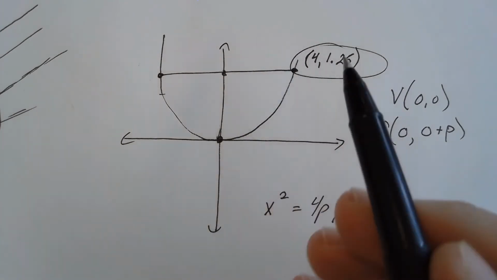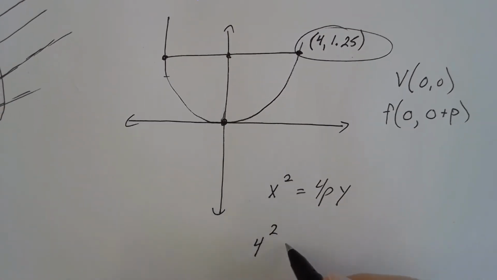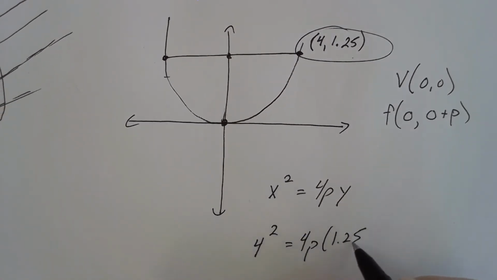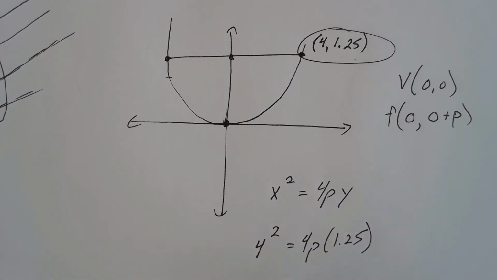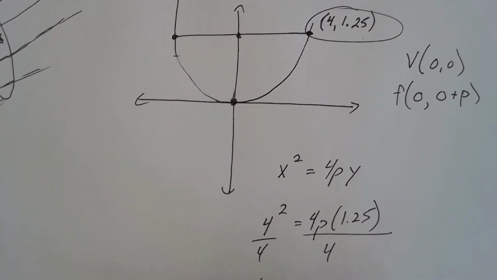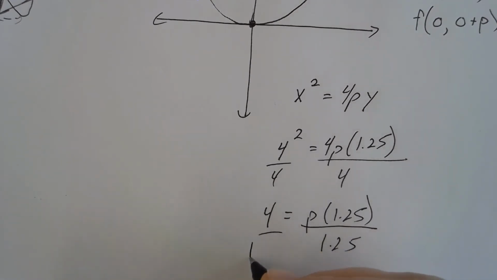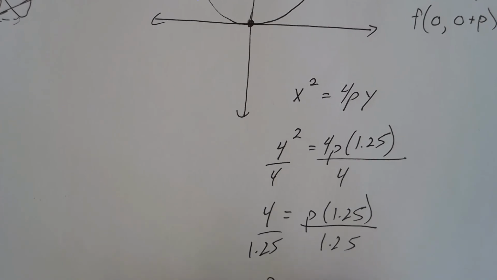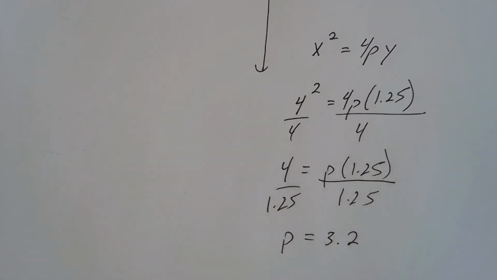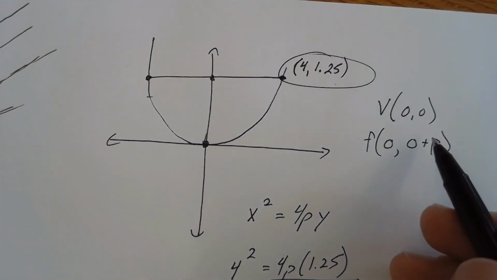Well, I know that's an x, and I know that's a y, and I know that this point is actually on the parabola. So in this case, I can just go ahead and plug in 4 for x. I can plug in 1.25 for y, and therefore I can go ahead and solve for p. In this case, I'm going to do math a little bit lazily. I'm going to divide by 4 on both sides, so this becomes 4 equals p times 1.25, and then I'm going to divide by 1.25 on both sides. When I do that, 4 divided by 1.25 is going to be approximately 3.2. So p is approximately equal to 3.2 when I've done this division,